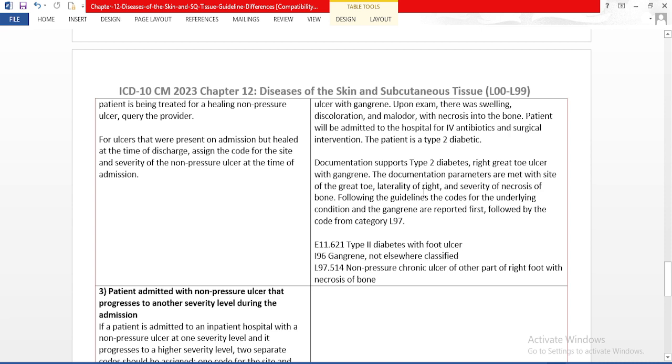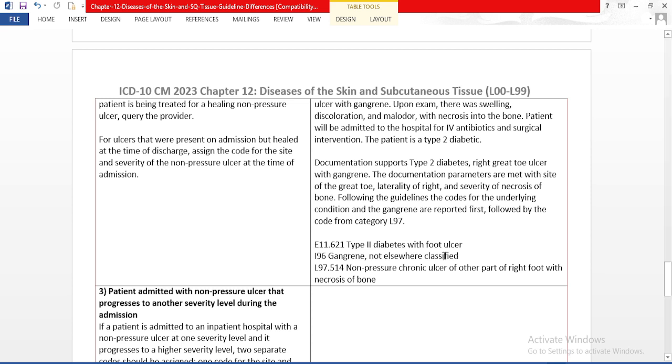Here the patient has type 2 diabetes, so we need to code E11.621, I96 gangrene not elsewhere classified, and L97.514 for non-pressure chronic ulcer of other part of right foot with necrosis of bone. If the physician mentions both a non-pressure chronic ulcer as well as gangrene, we need to code both codes